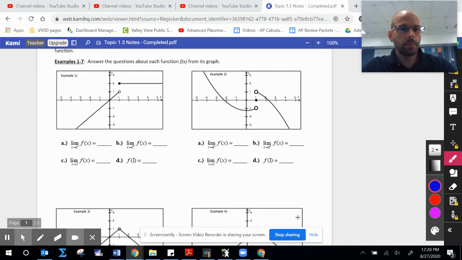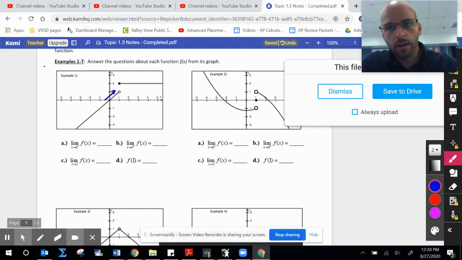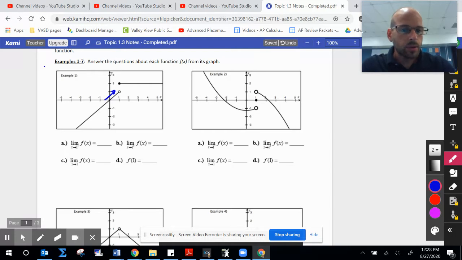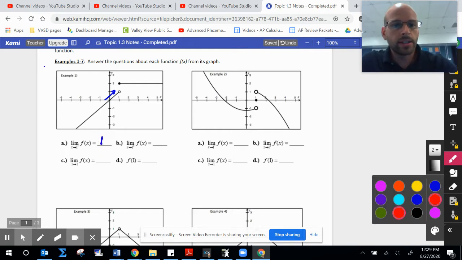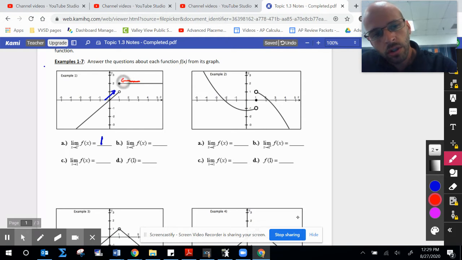Okay, so for example 1 here, I give you a graph. The limit as x approaches 1 from the left is going to be this piece. I want to know the y value that the left side of that graph is approaching. As I get closer and closer to 1, the outputs are getting closer and closer to the output of 1. Likewise, as I get closer and closer on the right side, the right-sided limit for part B is going to approach the y values or the output